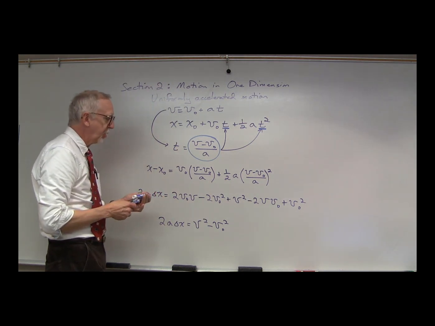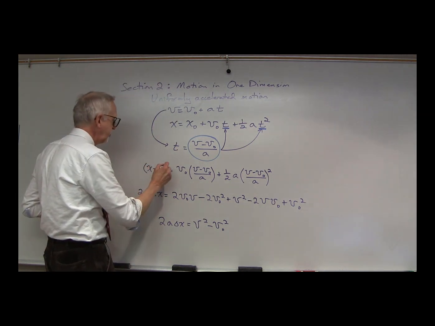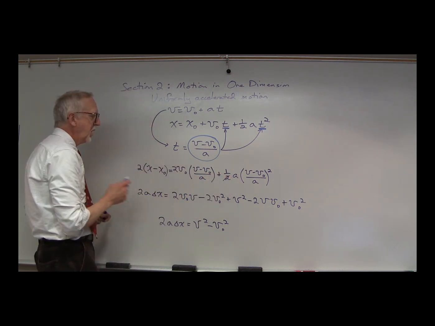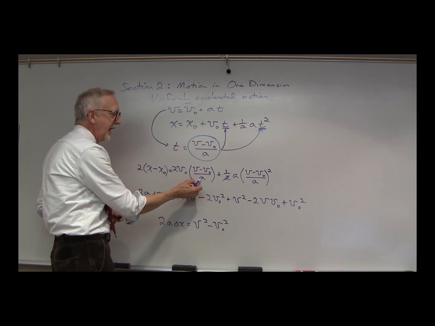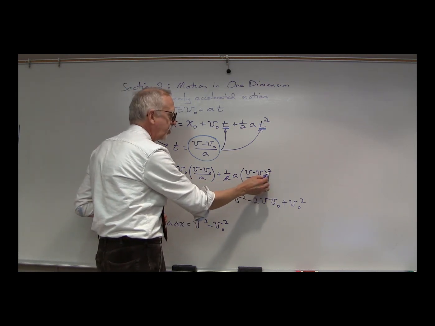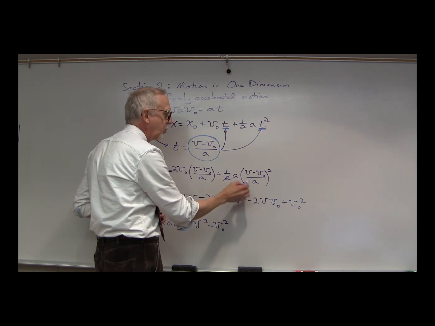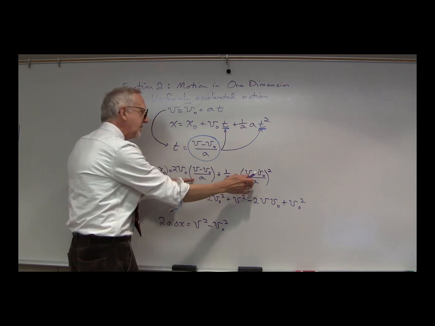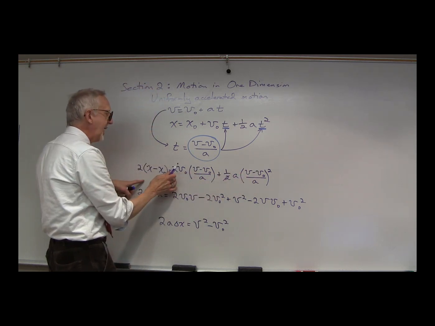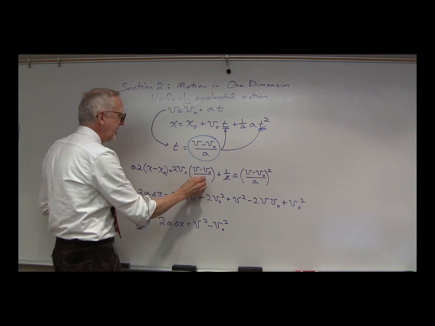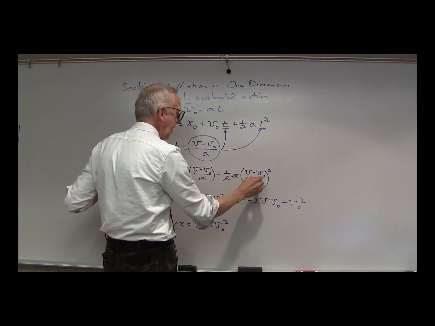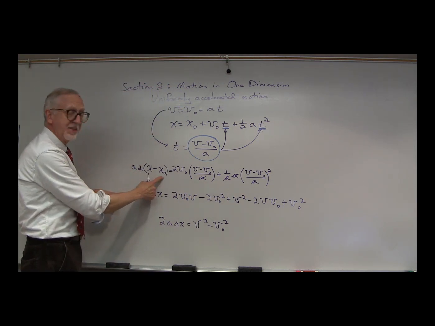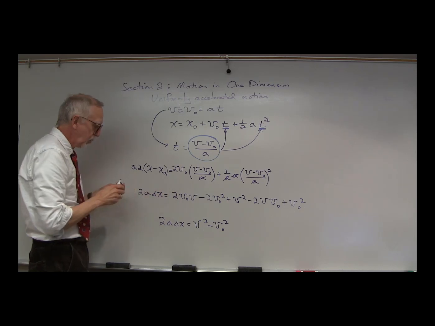I'm going to multiply both sides by 2. So I'm going to take 2 times this, and that's going to cancel my 1/2. And then notice I've got it divided by a, and I've got a divided by a squared, so I've got a over a squared. One of those cancels and leaves me with just one a in the denominator. So I'm going to multiply both sides by a. So I'm going to multiply this by a, and that will cancel that a, and then a squared. Which leaves us with 2a, x minus x naught is delta x, equals,